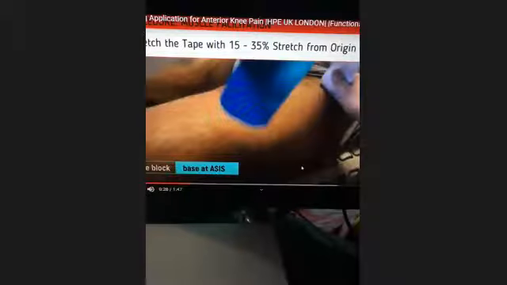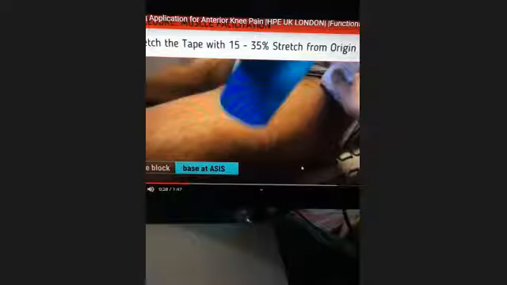So remember letter I. I stands for inhibition, I stands for insertion. So if you want to inhibit the muscle, go from insertion to origin. If you want to facilitate the muscle, go from origin to insertion. Now this particular athlete is a runner. So when he is about to do a running activity, you need to fire the quadriceps. So you need to basically facilitate the quadricep muscle. And that's the reason why we are starting the base from the ASIS.